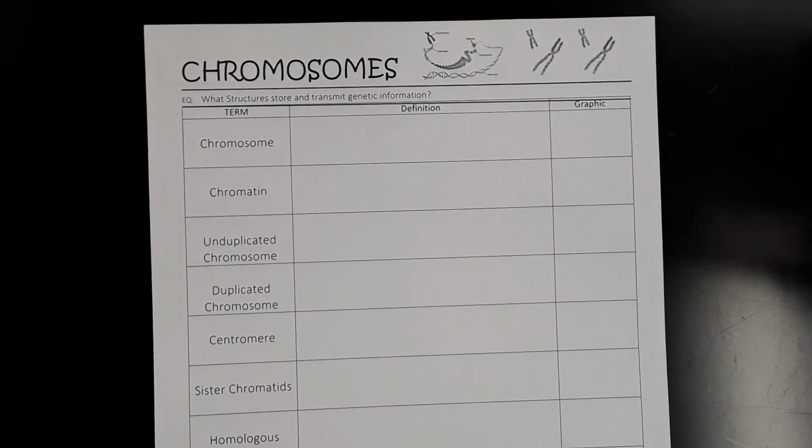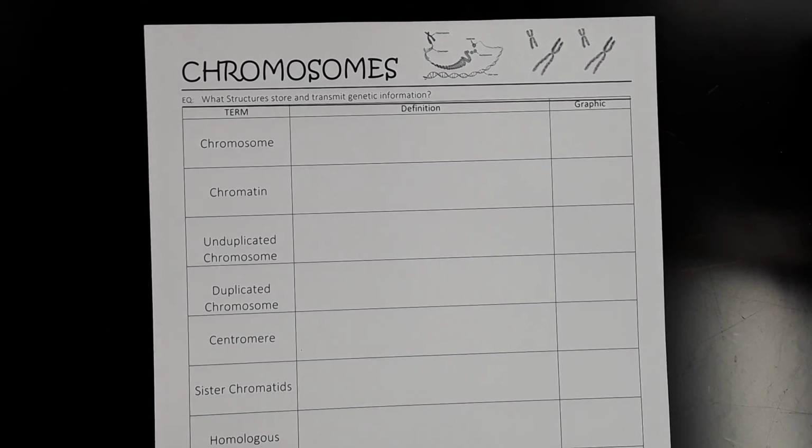And the essential question that we're focused on is what structures store and transmit genetic information. Chromosomes really are the DNA, those long strands of the double helix, all packaged up into different structures. And as we go through the next couple weeks, we're really focused on how cells divide, and we're very interested in how the genetic information, that DNA, is passed on to the new cells. So new cells that could become regular normal body cells, or cells that might become gamete cells that could